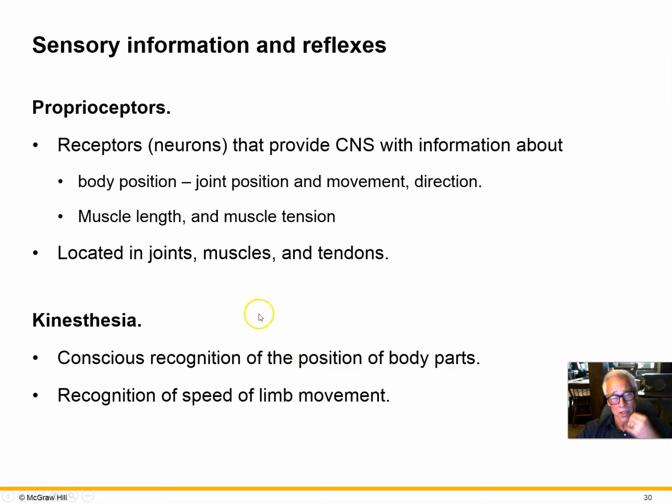So specifically, proprioceptors, what are they? They are a type of sensory receptor, or a class of sensory receptors, that provide information to the central nervous system about joint position, joint movement, both direction and speed, muscle length, and muscle tension, tension on the tendons. All of those pieces of information are being reported for all of your joints and muscles all of the time